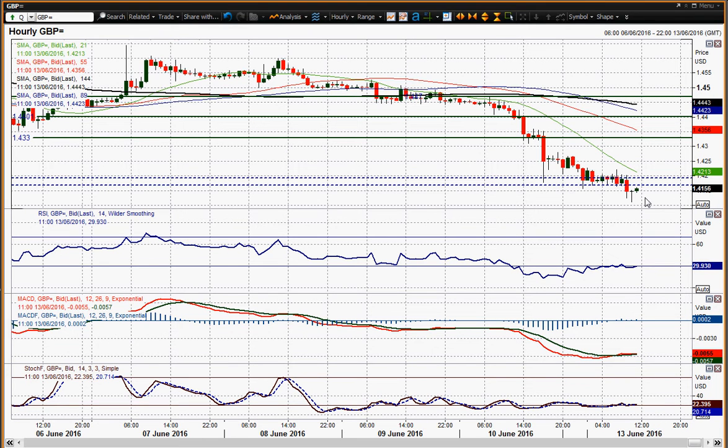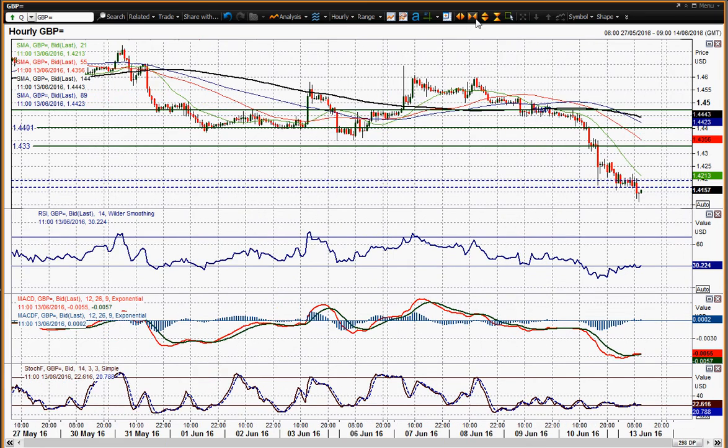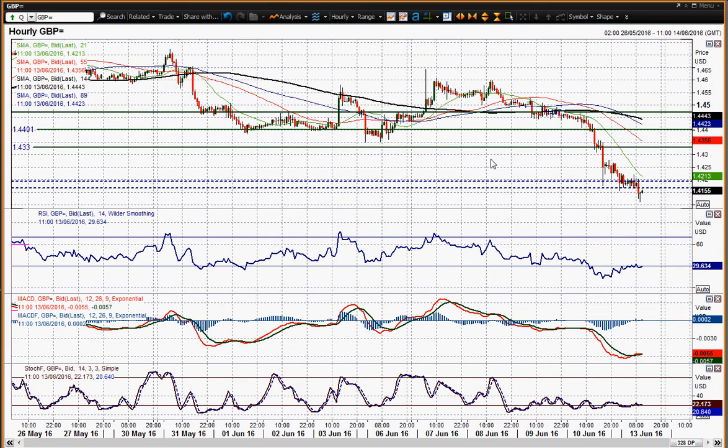I mean, in the last hour or so we've just had, arguably, a bull hammer candle, and you've got a minor tick higher in the last hour, but you'd be looking to sell into rallies, I think, at the moment, and just using any near-term rebound as a chance to sell again, because it just looks really negative. You've got quite a lot of overhead supply as well, just in the near-term